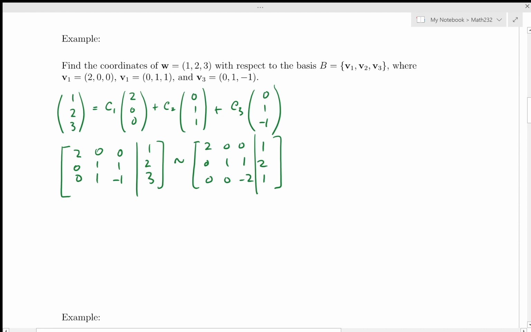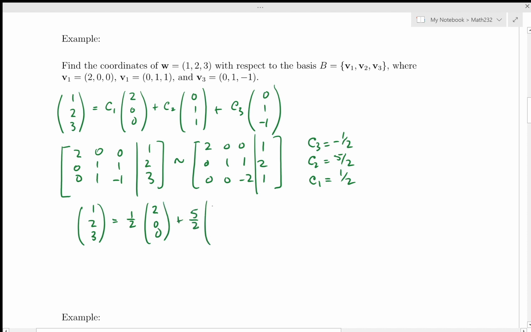And I can see from this that I can make some headway. I can see that C3 is minus 1/2, C2 is 5/2, and C1 is 1/2. Okay, so then I can check that. 1, 2, 3 is equal to 1/2 times 2, 0, 0, plus 5/2 times 0, 1, 1, minus 1/2 times 0, 1, minus 1. And I should see, on that first row, that 1/2 of 2 plus 0 minus 1/2 is equal to